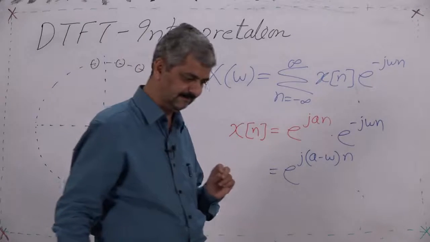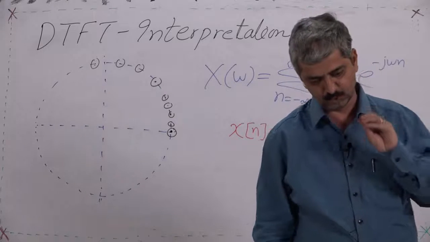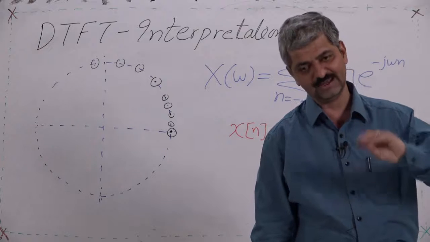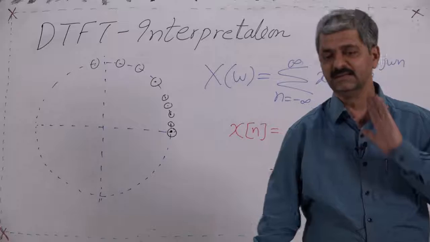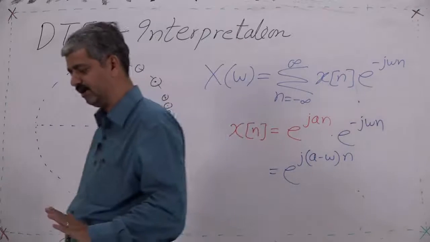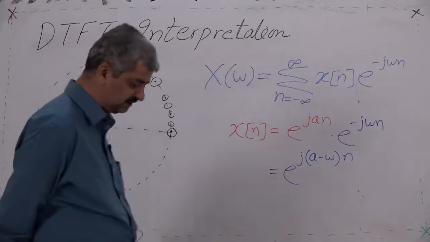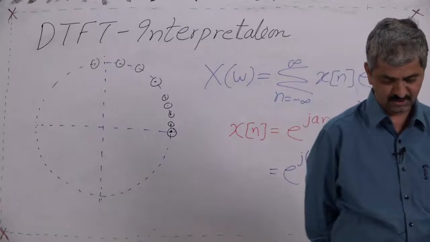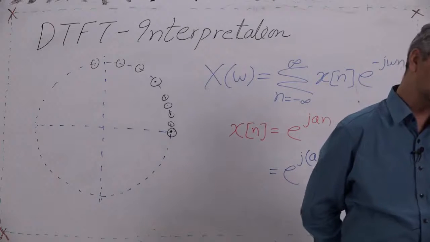So what will it mean? Listen again carefully: multiplication of two rotating points is also a rotating point, which rotates at an angular speed which is the net sum of the speeds of these two rotating points. So if both are rotating,